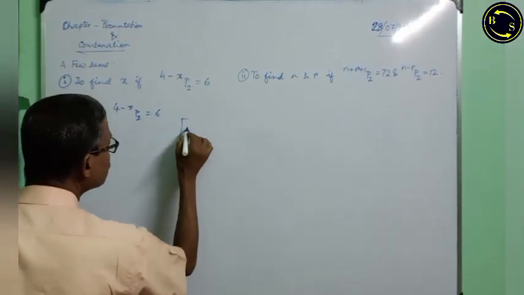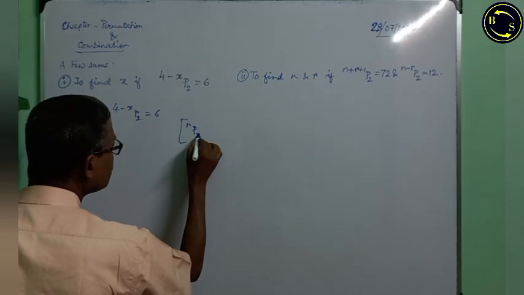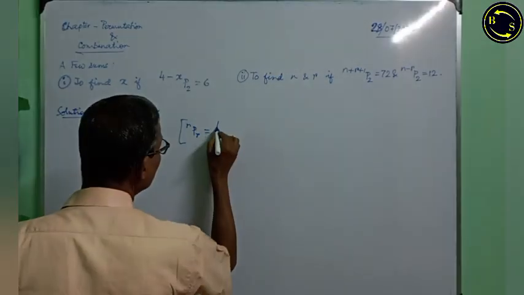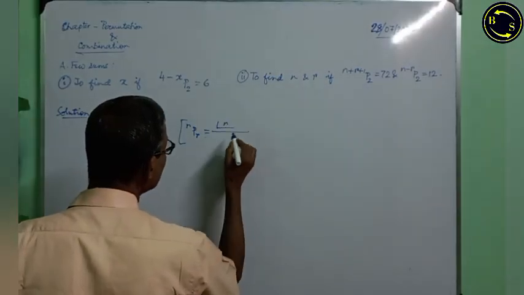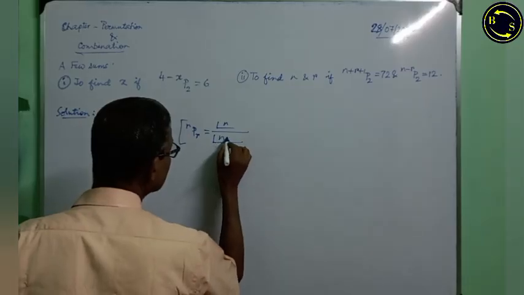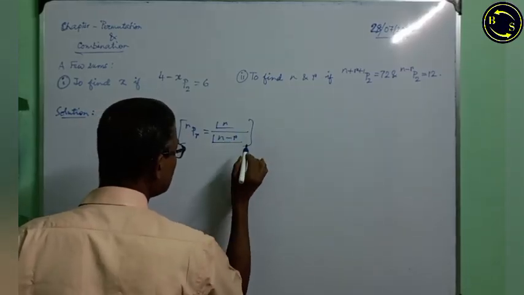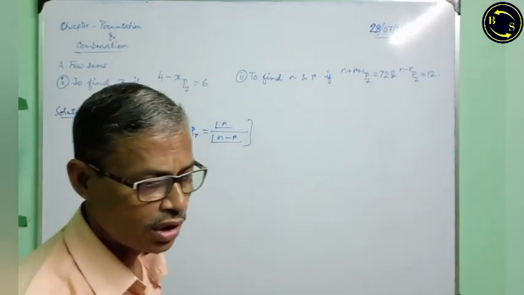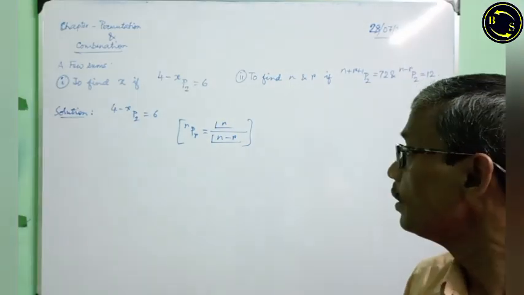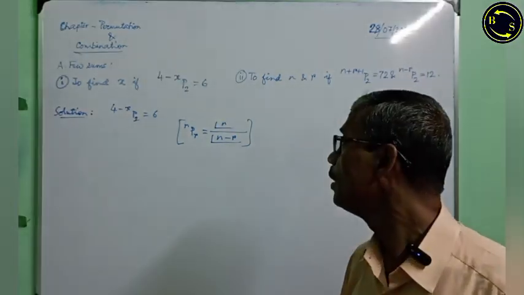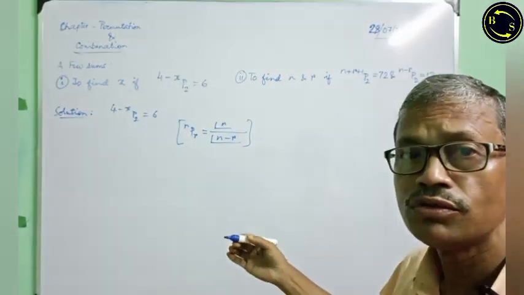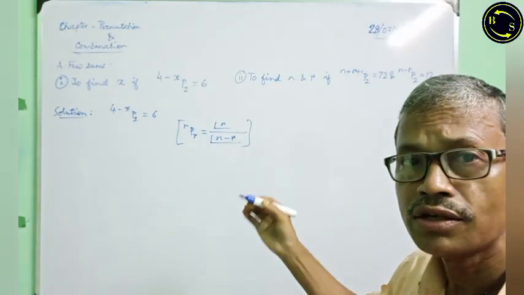Already you have learned this: nPr is equal to factorial n divided by factorial n minus r. I will suggest to students, learners, in the initial stage, you may write this down on the right side of the sum,